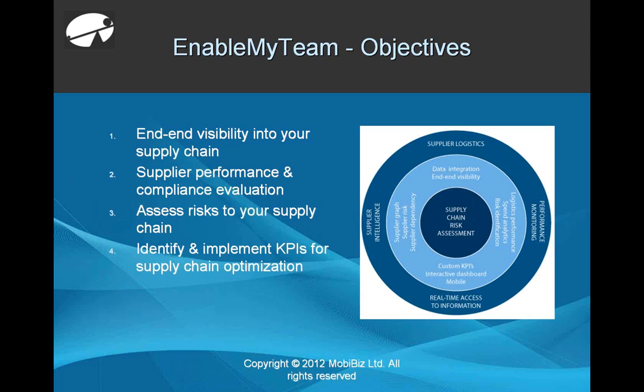Now, going into a little bit more detail on the third point, analyze risk to your supply chain. What does that really mean? For suppliers, what this means is supplier diversity, making sure your supplier base is diverse enough. You're calculating how much business exposure you have if any one of your suppliers goes bust. Then monitoring compliance and performance of the supplier by looking at their on-time delivery of products. And then lastly, identifying supply chain risks, including financially weak suppliers, by checking their credit ratings, their risk ratings, their carbon ratings,